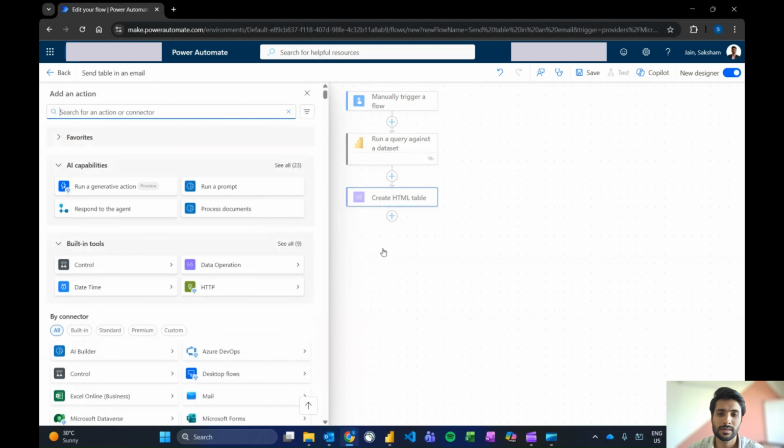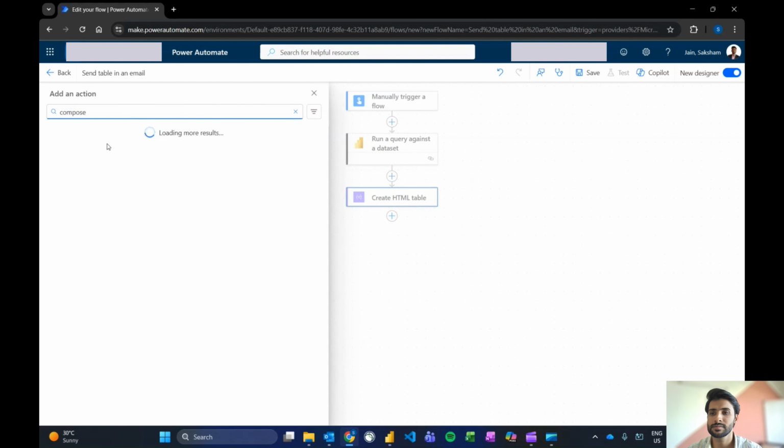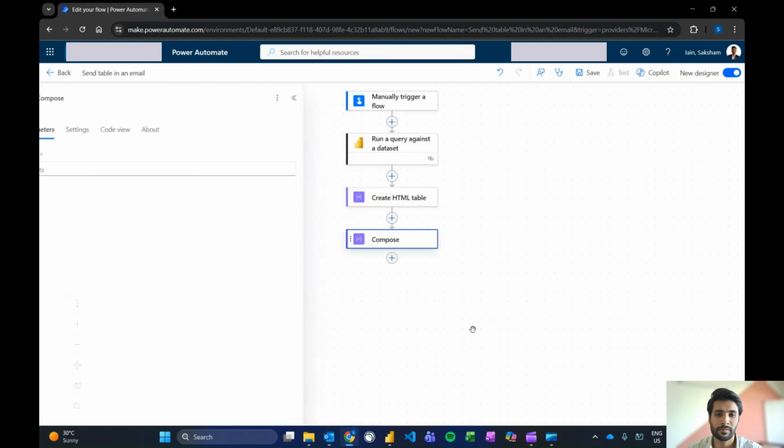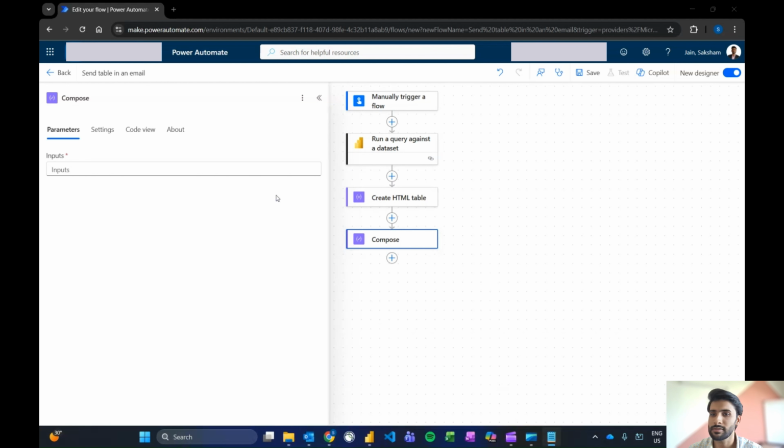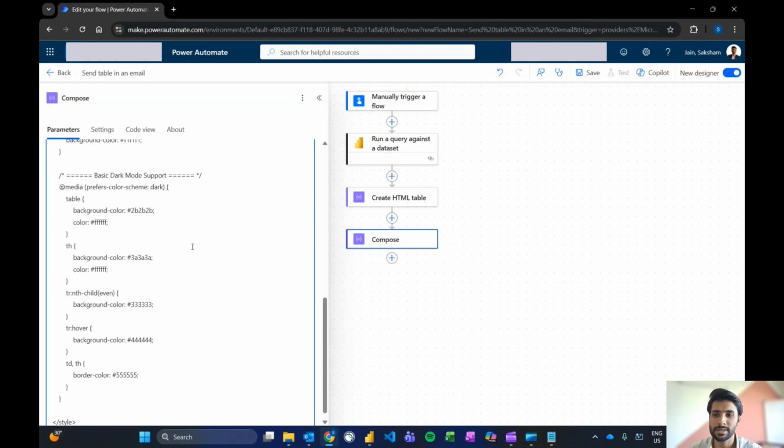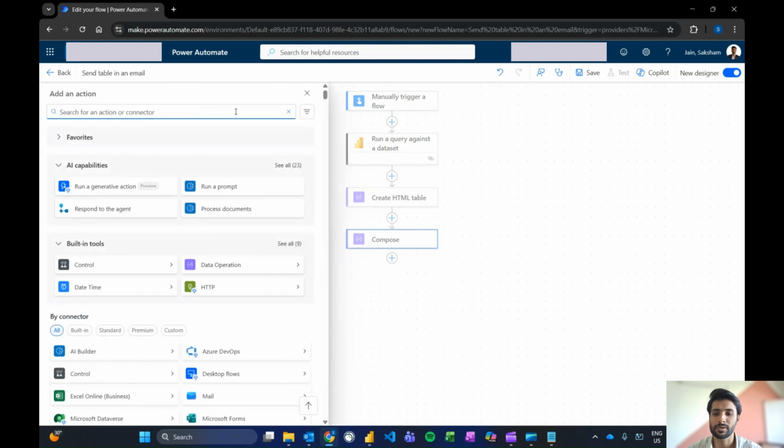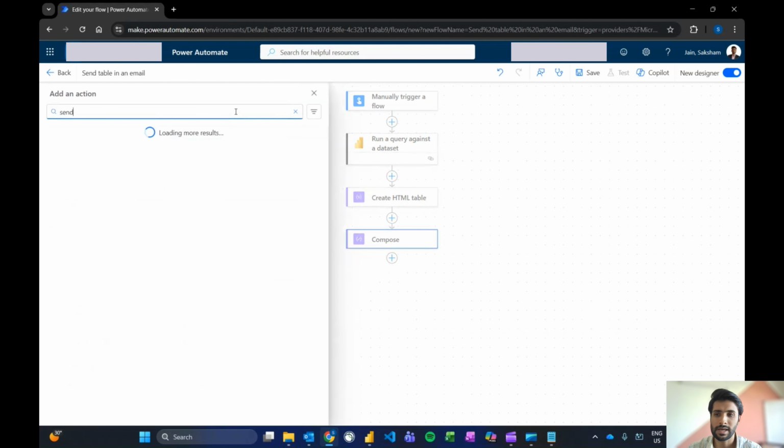Now we'll add a global CSS custom HTML compose. To save us time, I have just copied this and I'll paste it over here. This will make sure that the table comes out in a proper way in your email. Now we'll add send an email